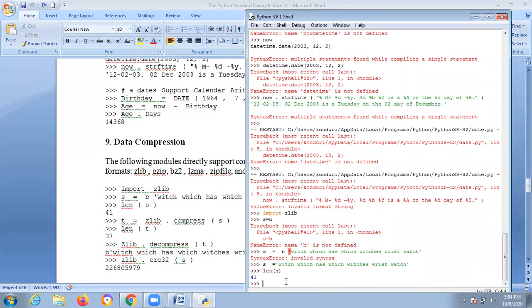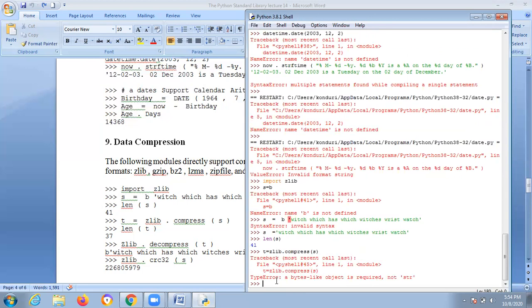Just keep out that b, okay? That b won't work here because that's a small technical issue. And now t is equal to, you are compressing now. You are just mentioning that one in bytes. t is equal to zlib dot compress.